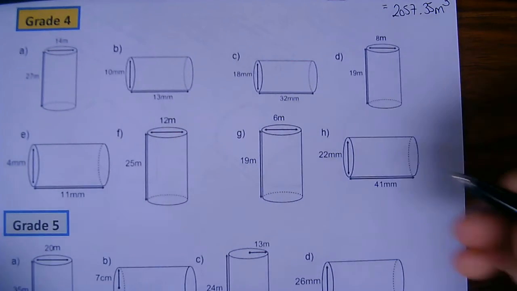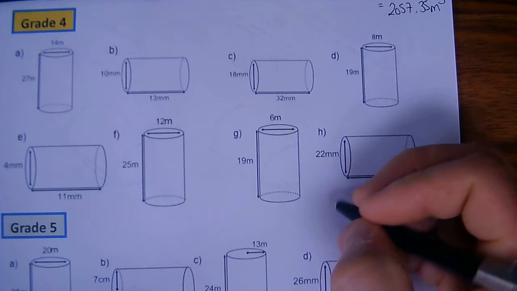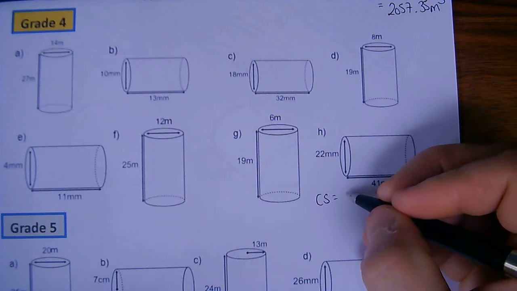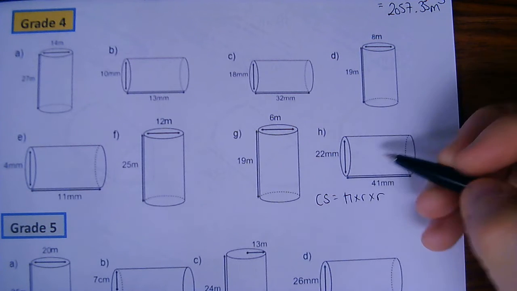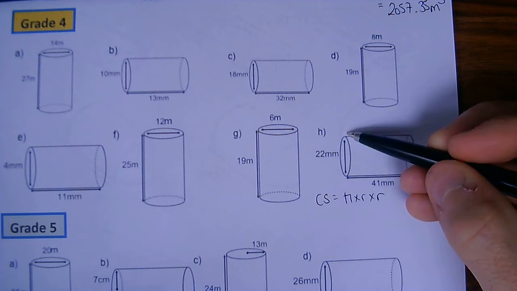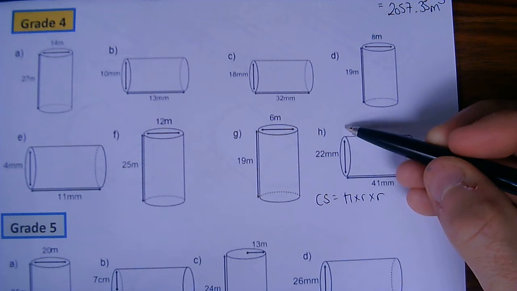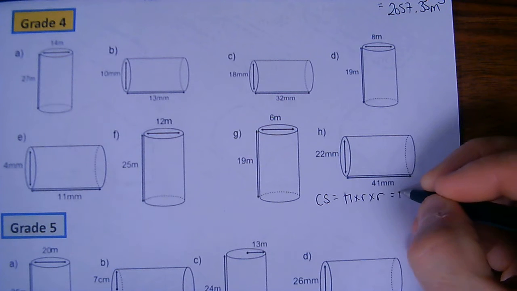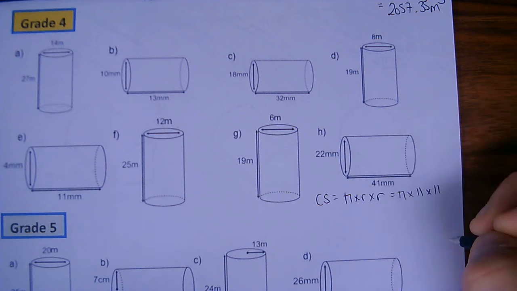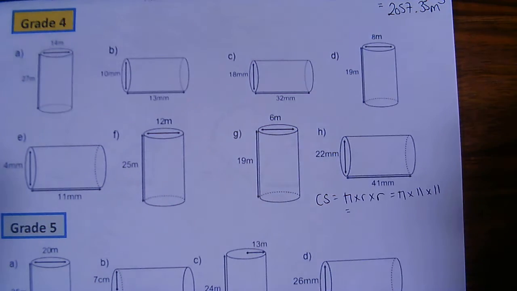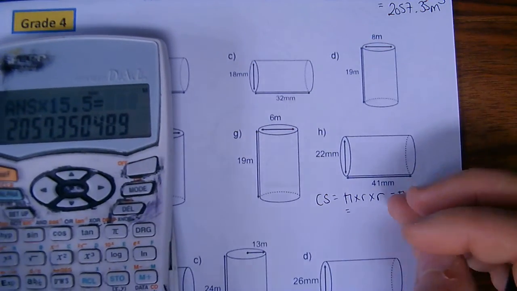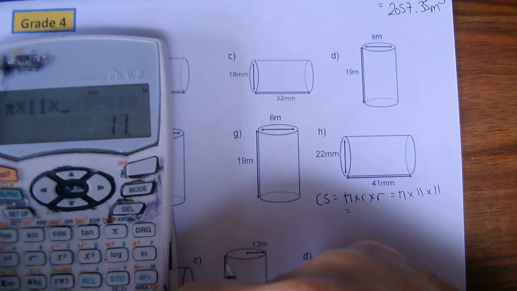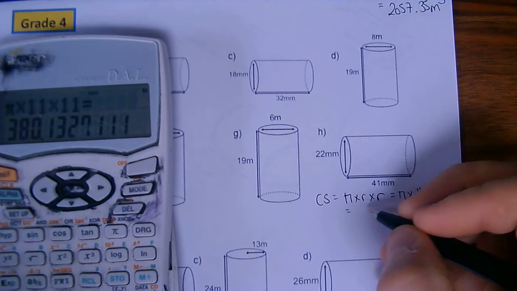So grade 4 question, again I'm going to do part H, so I need my cross section to start with. Well, my cross section is a circle, so I need pi times radius times radius. Now the problem is here I haven't got a radius, I've got a diameter, it goes all the way across. So remember, to get a radius I have to half the diameter, so this is pi times 11 times 11. I put that into my calculator, and again I don't want to be doing any rounding, so reset my calculator, and I get pi times 11 times 11, get my answer